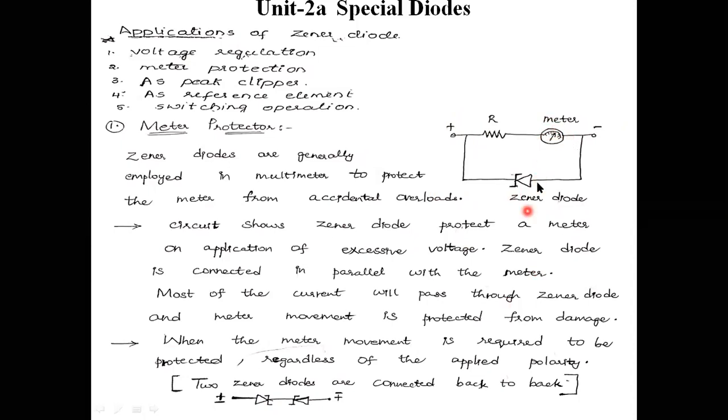This is one circuit, and this is another circuit. At the place of one Zener diode, we are going to place two Zener diodes here. This is the circuit diagram. Just memorize the circuit diagram and explain how it is going to be protected. That meter is going to be protected by using that Zener diode, which is enough from the application point of view.